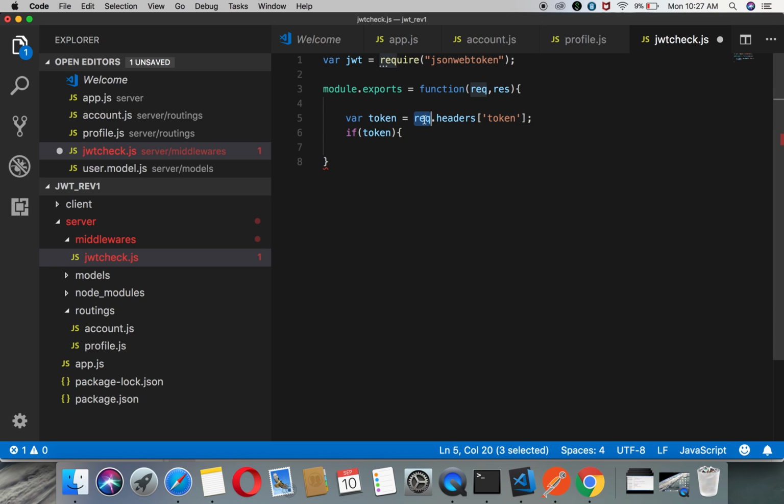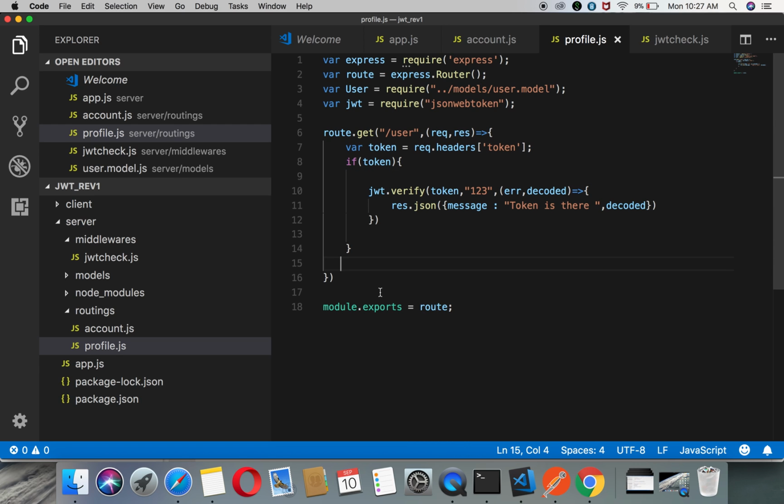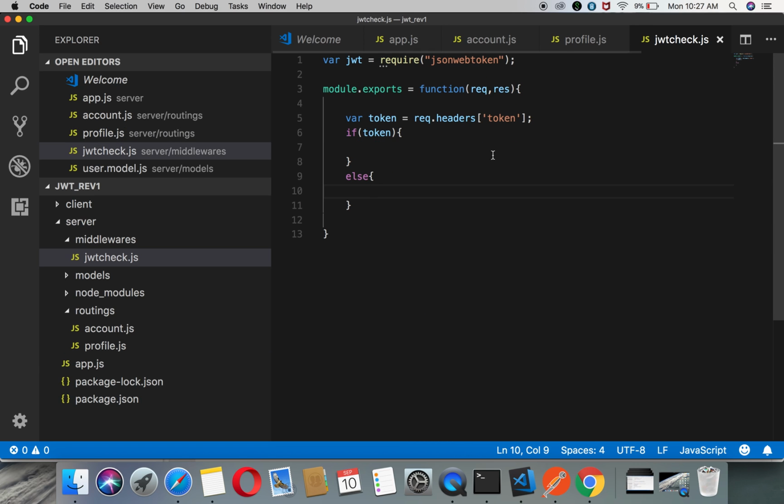Through request we are extracting the token, and if token is there, then we have to do this. If token is not there, then we have to do this one, go to this part and paste it down,